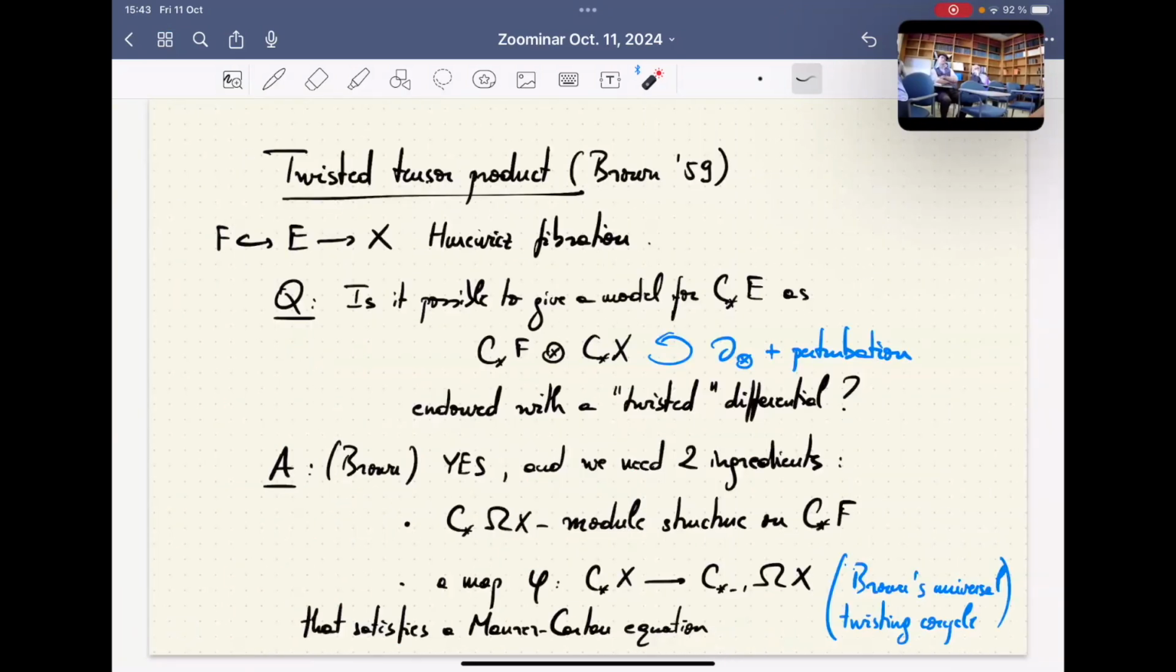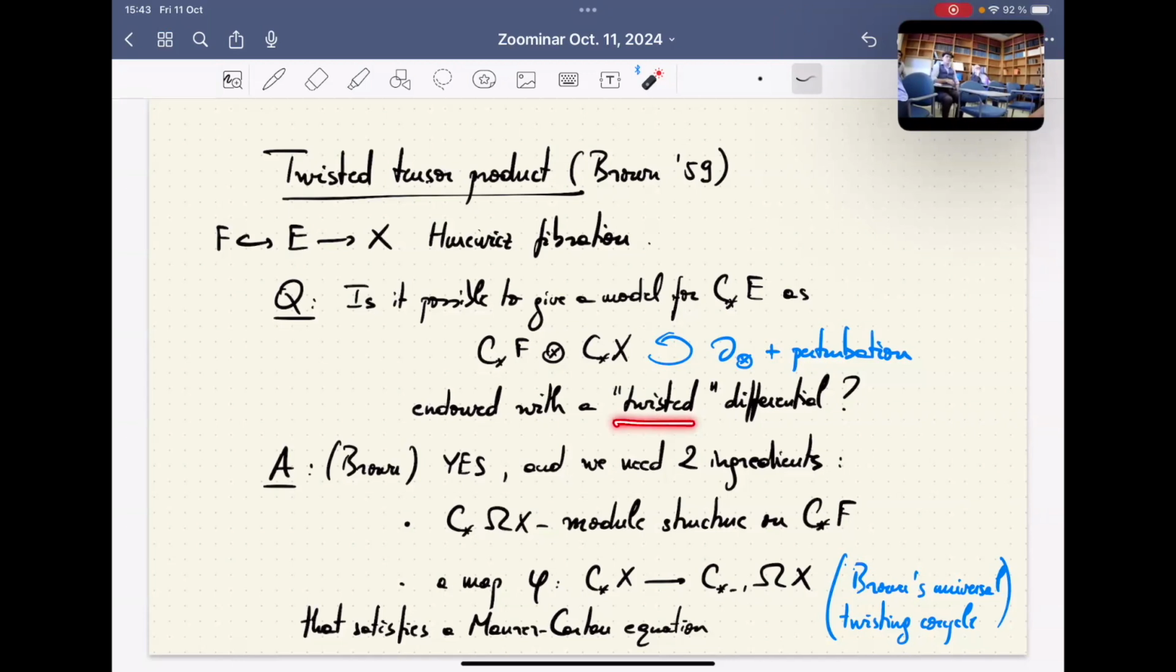So the construction that I'm going to present, the Morse homology with differential graded coefficients, actually has an ancestor. And this is Brown's twisted tensor product. So Brown asks in 59, so you must imagine that it's just a few years after Serre's thesis, the following question: is it possible to give a model for the chains on the total space of a fibration as being the tensor product of the chains on the fiber and the chains on the base, but endowed with